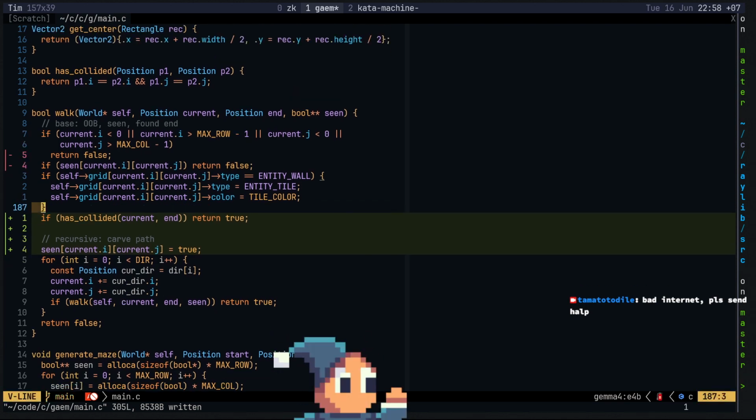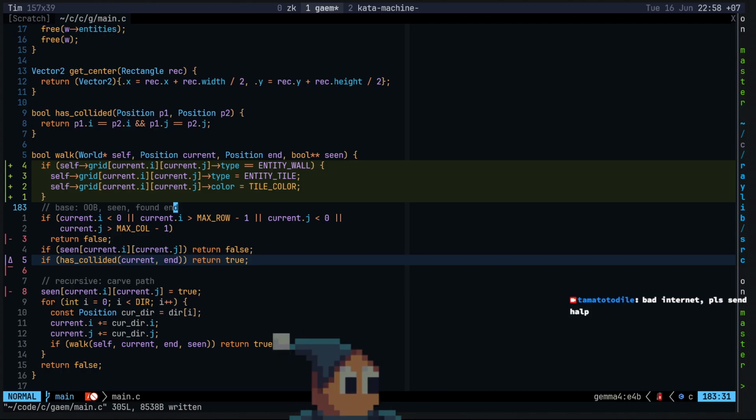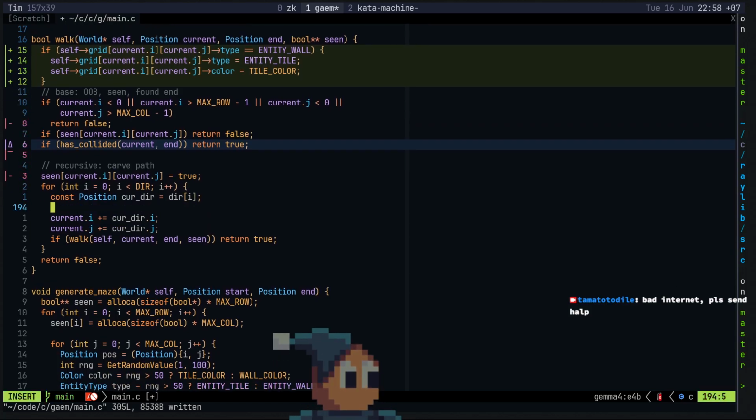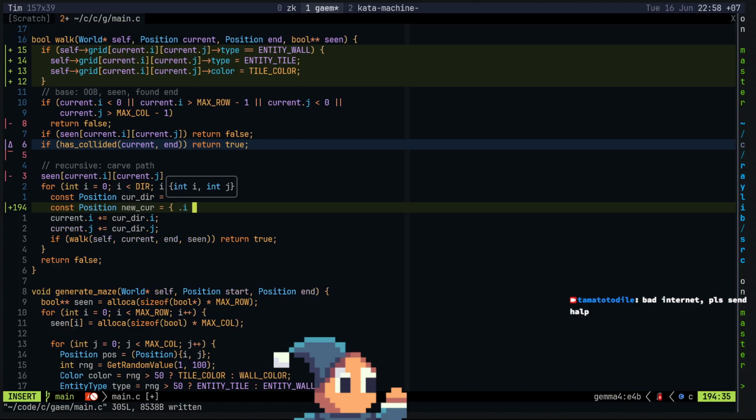Just make it clear up here. If it's a wall, then we're going to change that thing to...